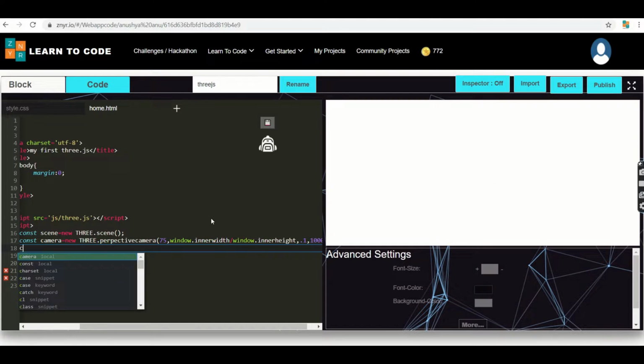Next, I'm going to use the important one, that is the constant renderer.